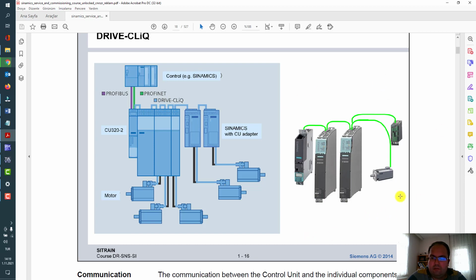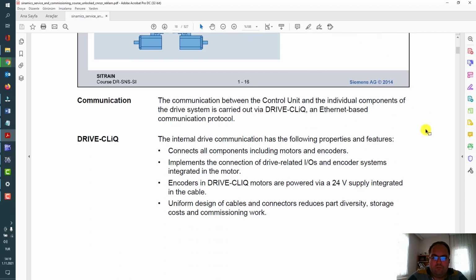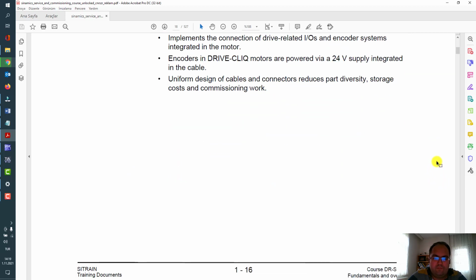And on the right side you see the real images of the components. So DRIVE-CLiQ communication is Ethernet based, with 24 volt DC supply integrated in the cable.